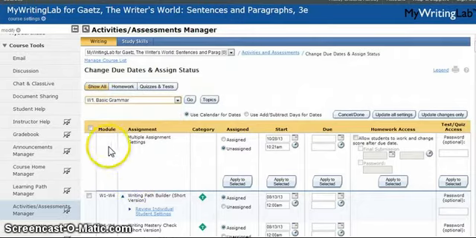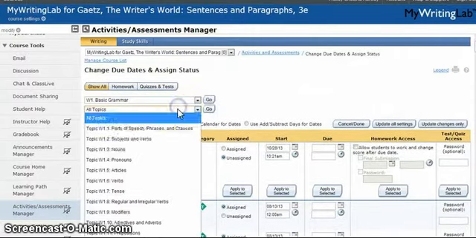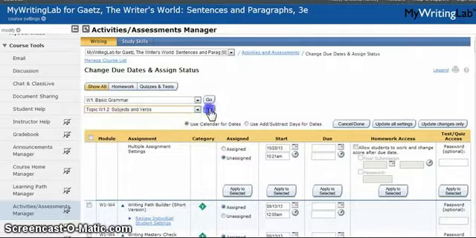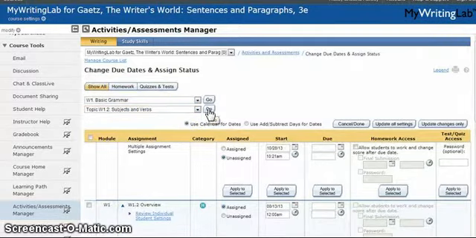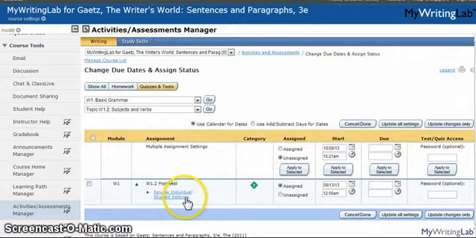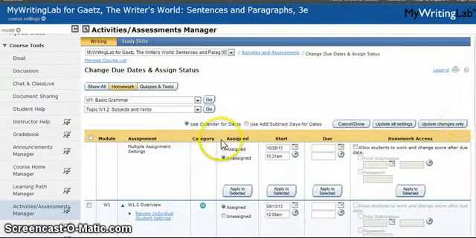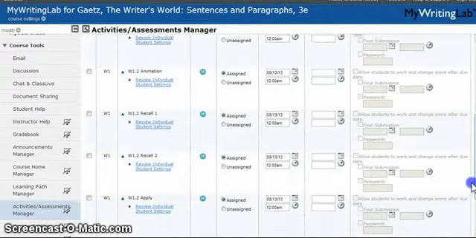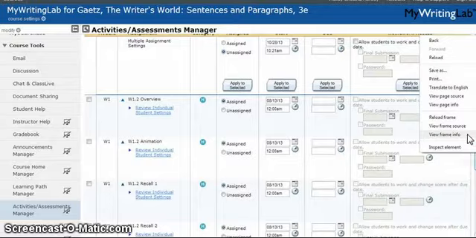You can go by module, or I'm just going to narrow it down and go by topic. So I want to look at everything for subjects and verbs. And then let's say I just want to look at the quizzes and tests that are available with it. So I can narrow it down this way and assign it. Or if I wanted to look at the homework, let's say I wanted to assign all of these homeworks,